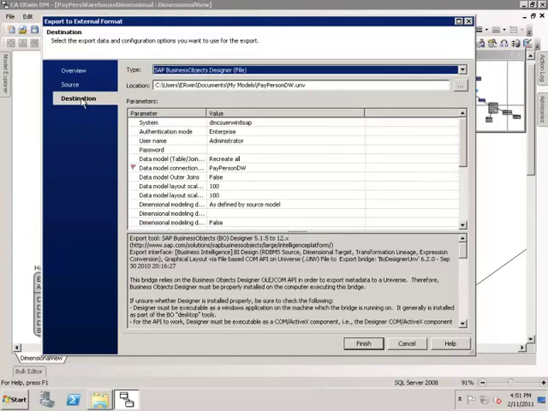On the destination side, you will see that we have a connection to the SAP Business Objects Designer file, and we're creating a universe file for the Business Objects environment. It's not connecting right into the CMS in Business Objects. It's actually creating a universe file. However, the tool is connecting to the system where the Business Objects environment is present, and you need to be able to log into the Business Objects environment using the username and the password. So we'll just type in a password here,